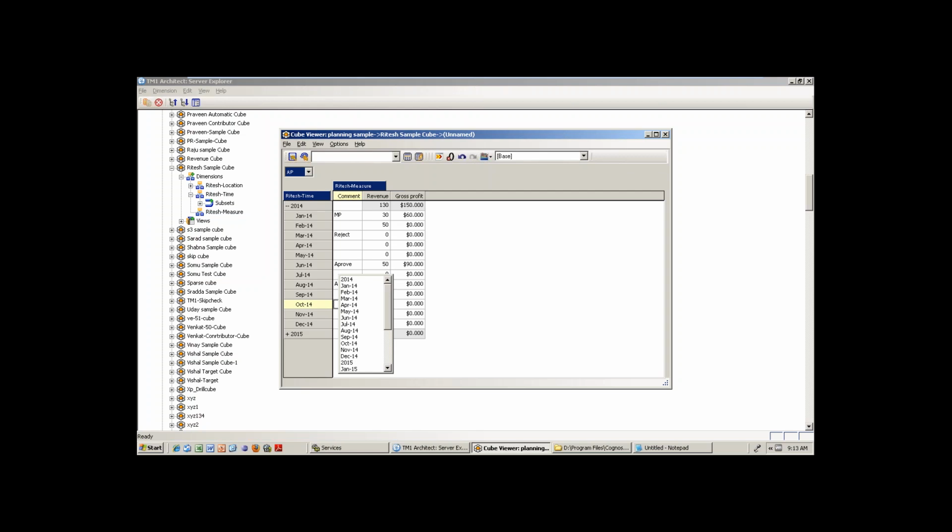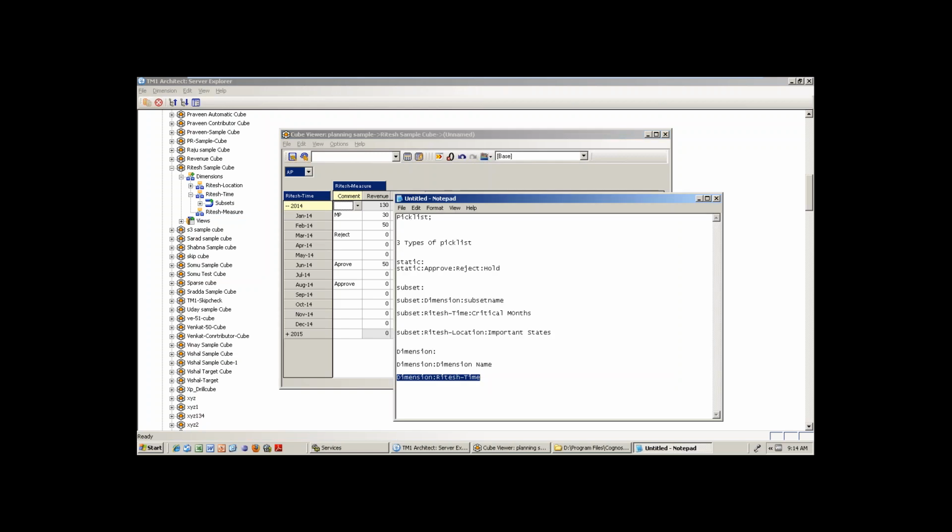100% interview question. The first question will be like this only, dimension properties. The pick list values they will ask. Pick list or alias, one definite question. Without this question, I think nothing will start. First question will be this one. And rules, and then turbo integrated process. These things only they will crack like anything. Any questions here? These three things. Now you understand the concept of these three things. Static, subset, dimension. Three types.